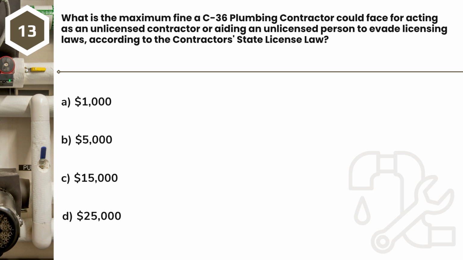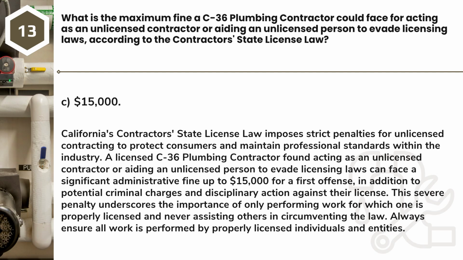Question 13. What is the maximum fine a C36 plumbing contractor could face for acting as an unlicensed contractor or aiding an unlicensed person to evade licensing laws, according to the contractor's state license law? A. $1,000. B. $5,000. C. $15,000. D. $25,000. Answer: C. $15,000. California's contractor's state license law imposes strict penalties for unlicensed contracting to protect consumers and maintain professional